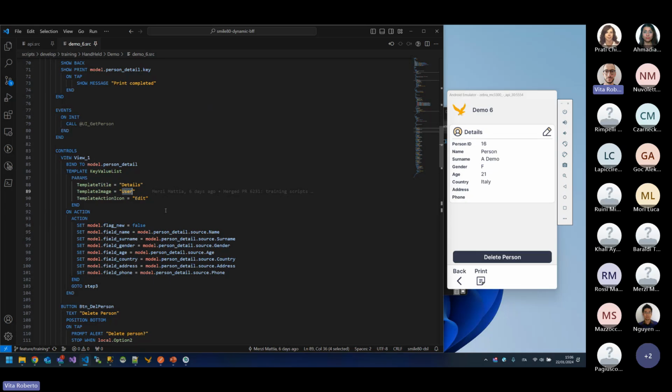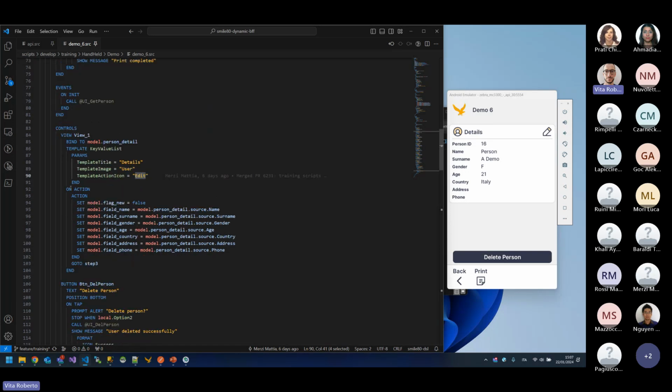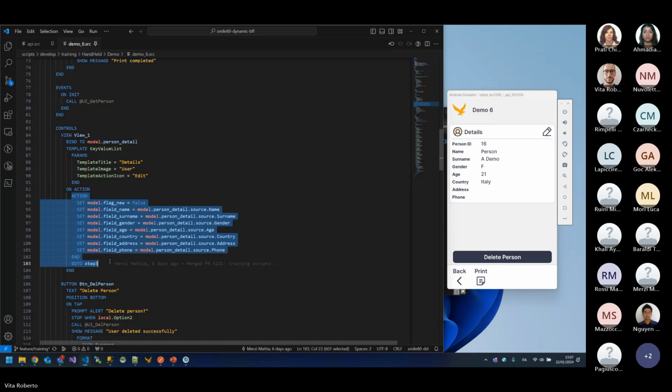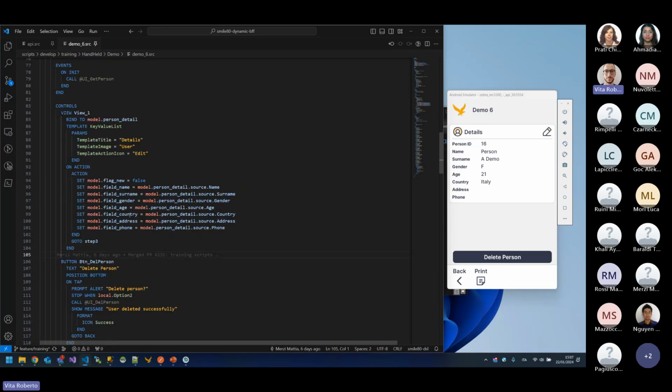We can do this by telling it that the template action icon is edit. We can see it in the right corner, and the action is the on action with the on action statement. So on action means when I tap this pencil, this icon in the right corner, I want it to do all this. So, for example, when I tap edit, the first thing is setting